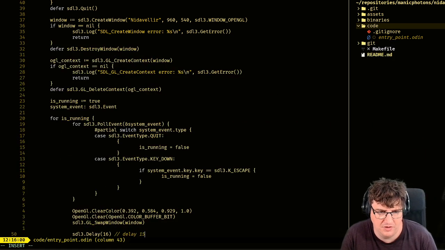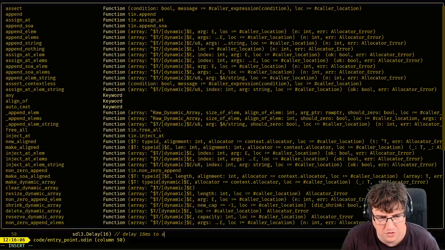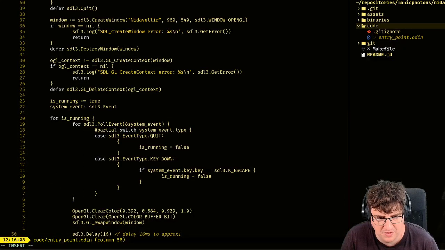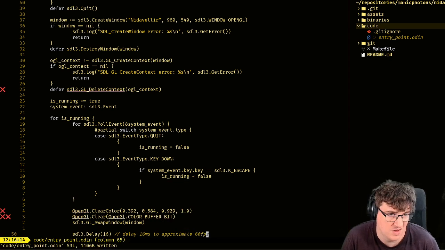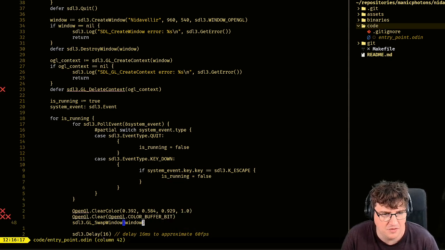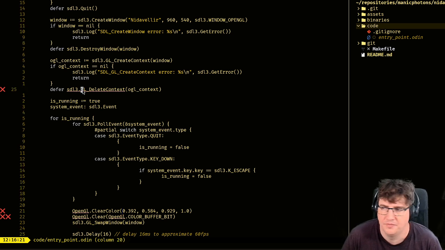Right, 16 milliseconds to approximate 60 FPS. There you go. Just something like that. It's already shouting at me that there's errors. So, package.